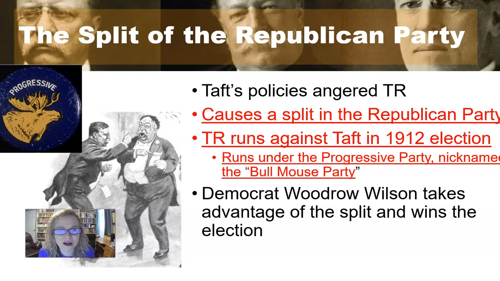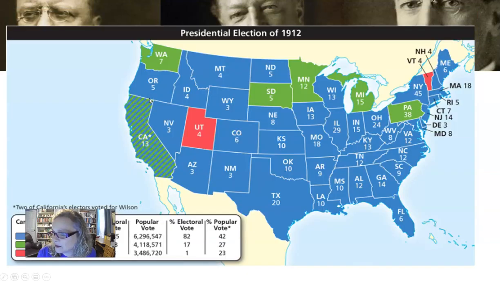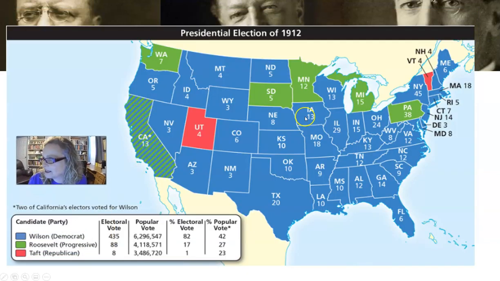This makes him really angry, and he forms his own political party known as the Progressive Party or the Bull Moose Party. Of course, what is that going to do? That's going to split the votes in the Republican Party. And what happens when that happens? That means that a Democrat easily came in and became the next president, which is how Wilson became president at the time. Okay, so because of that split in the Republican Party,